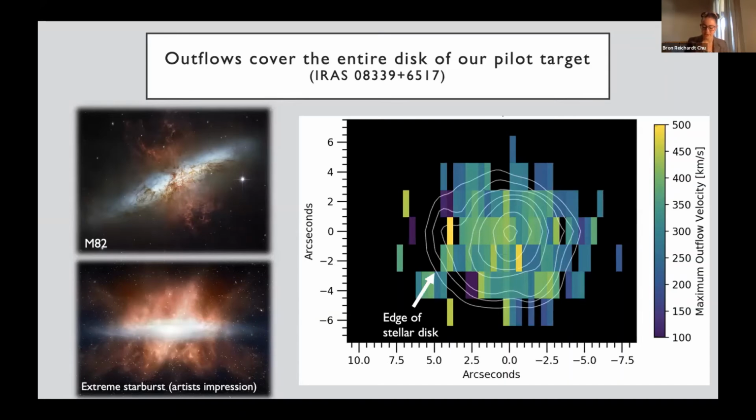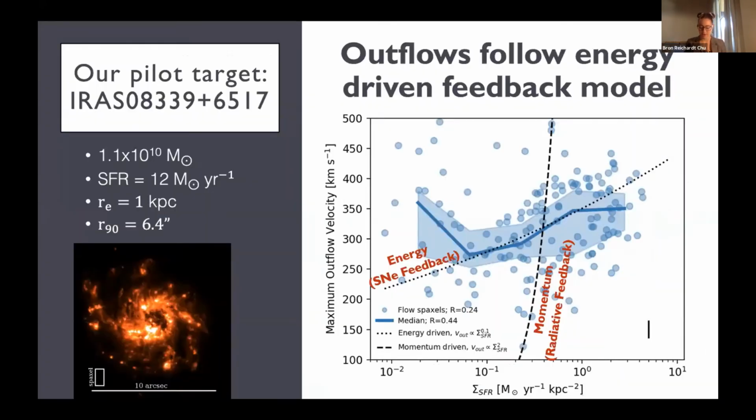So our observations suggest that in extreme starbursts like those at higher redshift, there's a more complex relationship going on between the outflows and the surrounding CGM. They also suggest that the movement of gas around galaxies may work very differently at high redshift than it does locally. But we don't just want to understand the geometry of the outflows. We also want to understand the driving mechanisms behind them to understand how feedback really works.